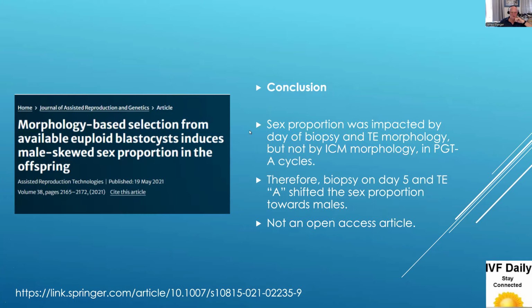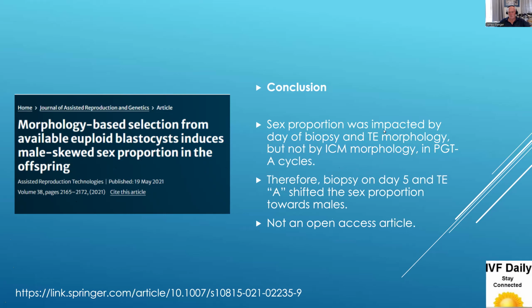The second last paper I'd like to look at, rather mischievously, is from 2021. They're basically saying that morphology-based selection from available euploid blastocysts induces male-skewed sex proportion in the offspring. So this is about rates of division, the morphology of the trophectoderm, and morphology in the cell mass. And I'll give you two papers giving diametrically opposite outcomes. And this paper says